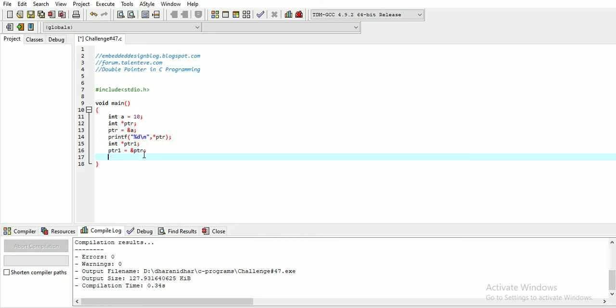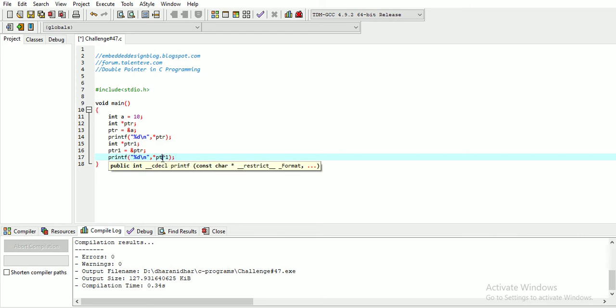Now if we say printf to print the value held by this particular pointer, we use star ptr1, right? Here star ptr1 prints the value that is held in the address pointed to by this pointer.